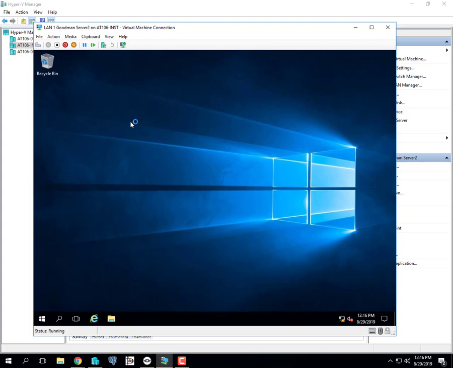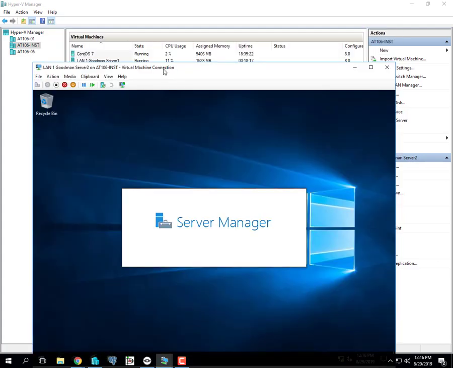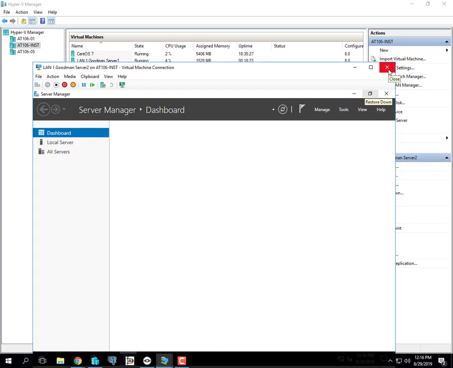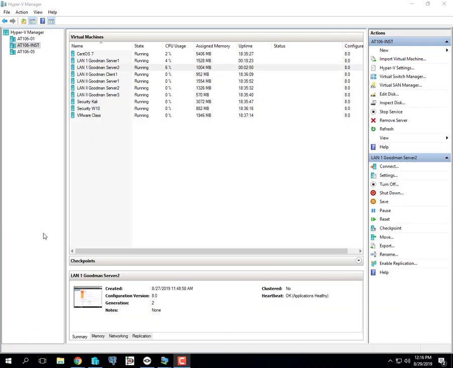Server Manager will start, but I'm just going to close this window out and just let Server Manager start in the background. I'm going to go back to Server 1,